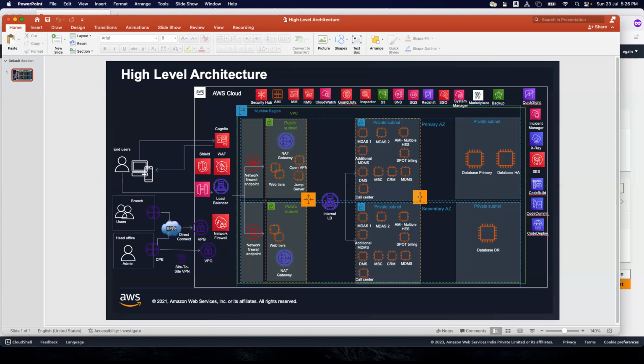See, OpenVPN, you rightly said, is a point-to-point sort of VPN solution, but it might so happen that your developers are working from home, not from your head office, because the moment they reach the head office, they don't need OpenVPN, because their office and AWS are already synced with the IPsec VPN, right? Site-to-site VPN. You don't need OpenVPN at that time. But let's say you leave the office and go back home or somewhere, and you get a call,